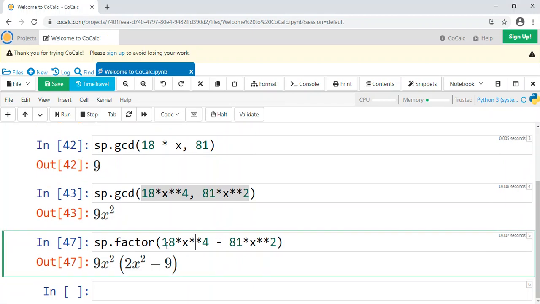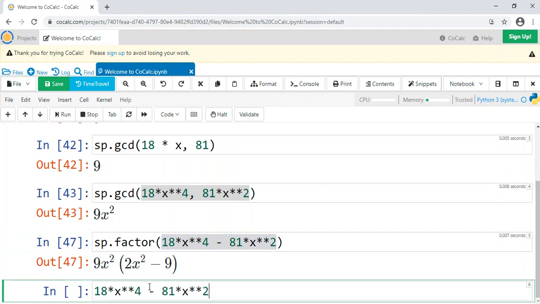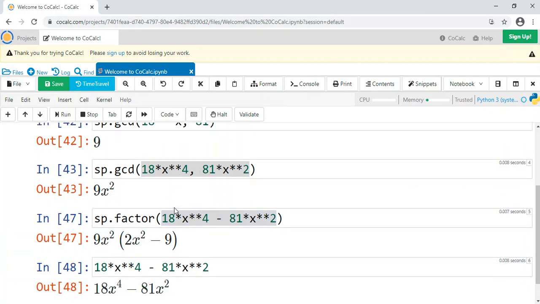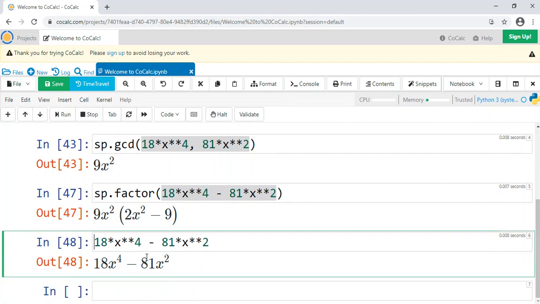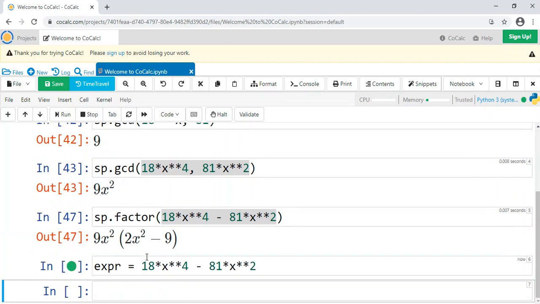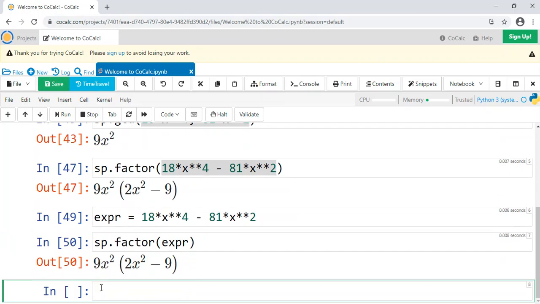If you wanted to factor 18x to the fourth minus 81x squared, it'll do that no problem. It'll pull it out, right? But say you were just going to store this into expression, and then you can do sp.factor expression, and it'll do it for you.